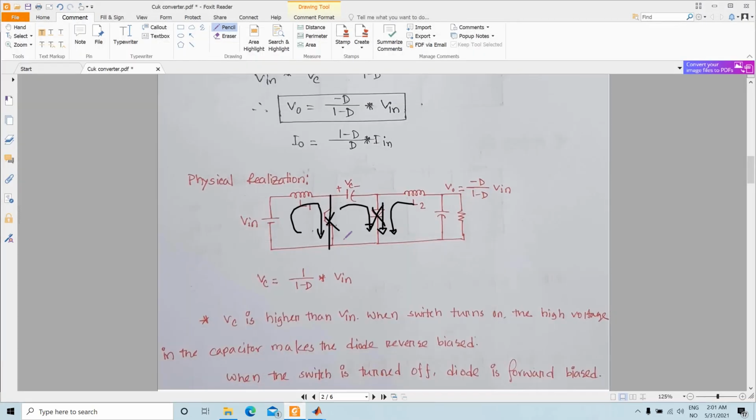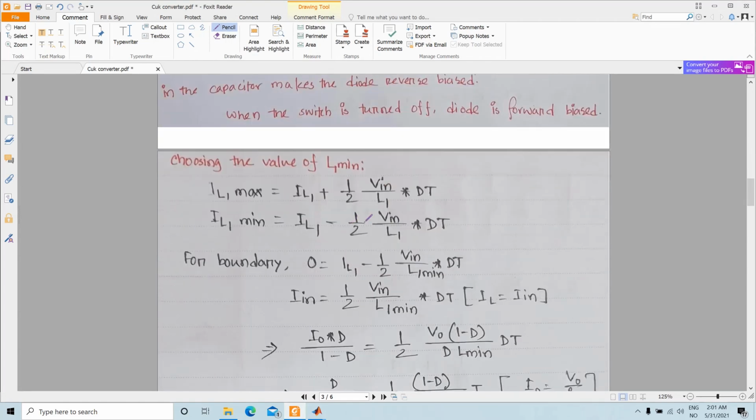Okay, so our next task is to calculate what's the minimum value of this L1 and L2. So these are the circuit parameters, so we need to calculate what should be the value of this L1, L2, C coupling and C filter. So we need to derive the equations, and in the numerical problems we need to calculate what should be the minimum value of this inductor in order to have a continuous current